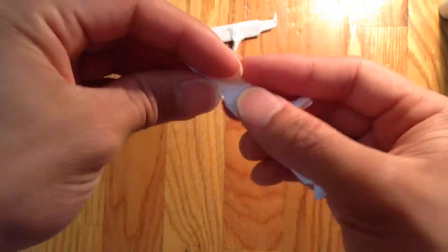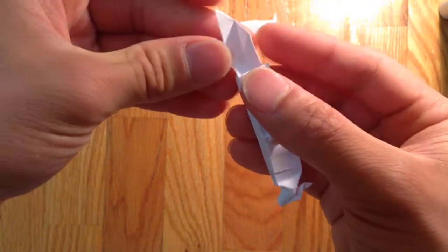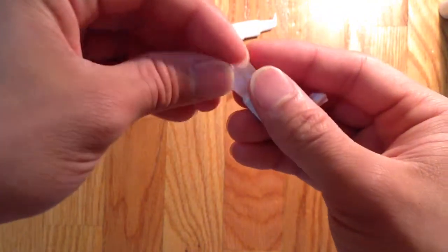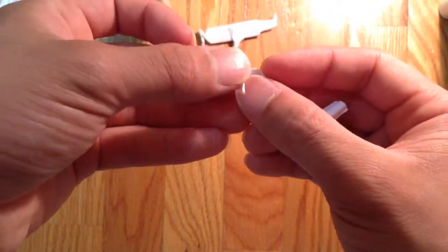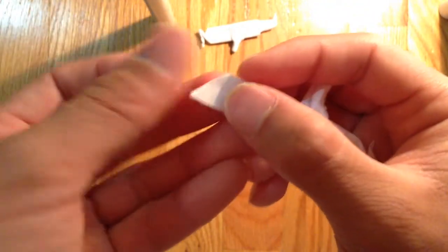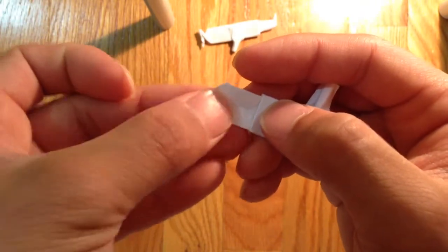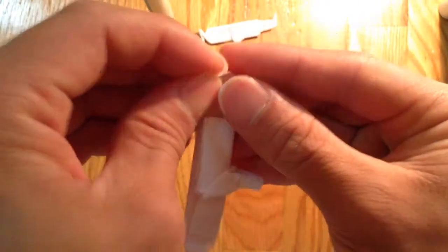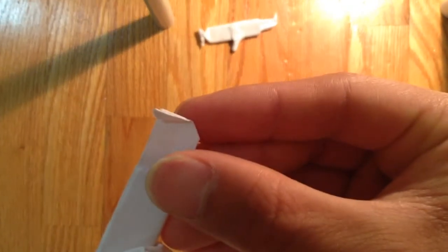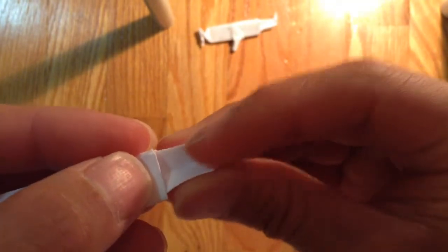Okay, and now for the front, I'm going to fold this thing in half like so. And bring this triangle a third of the way into this corner right here, right around there, and fold this up. Okay, fold this in half,